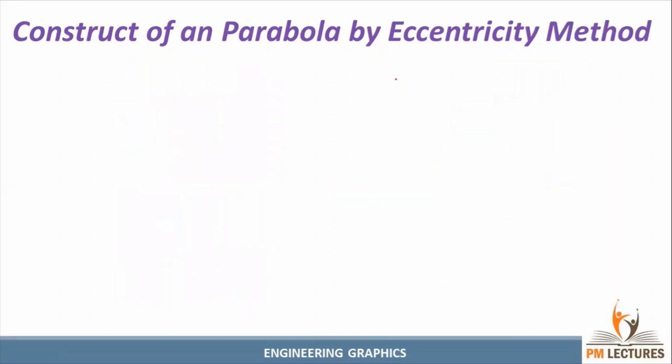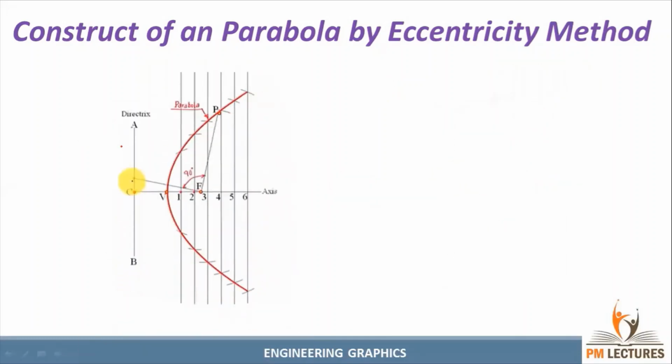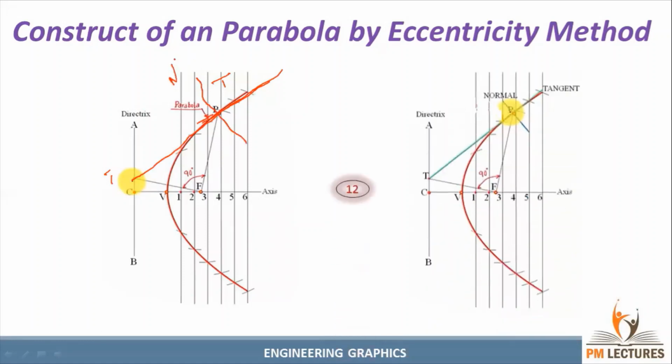After that, from the T point, we need to draw a line. That line will pass over the curve, not crossing inside the curve. Sorry guys, it will pass over the curve. Give the name T, and then you can draw the normal line like this and give the name N. Okay, that's all guys. It will look like this. Thank you guys.